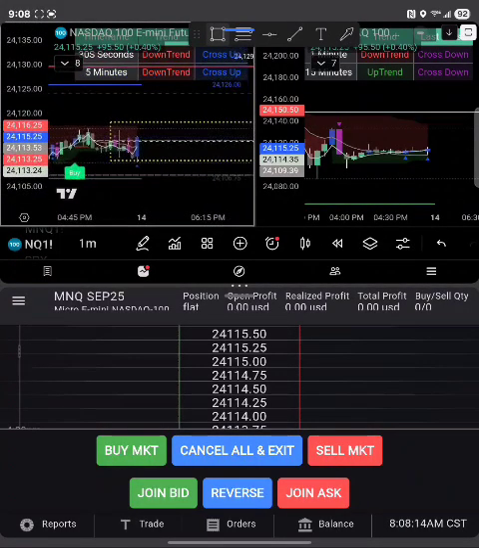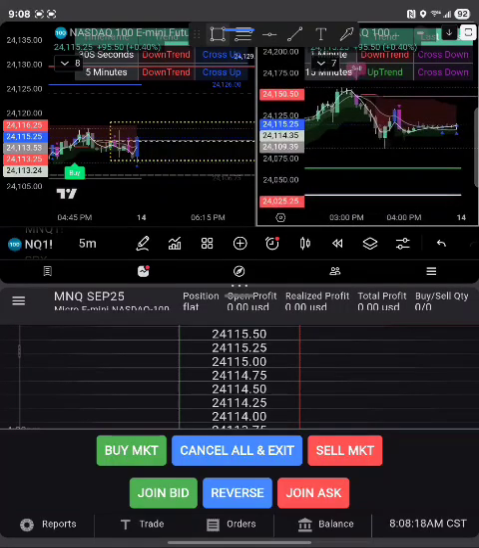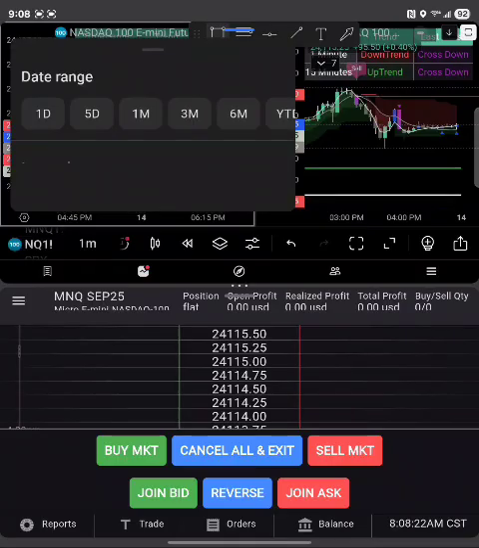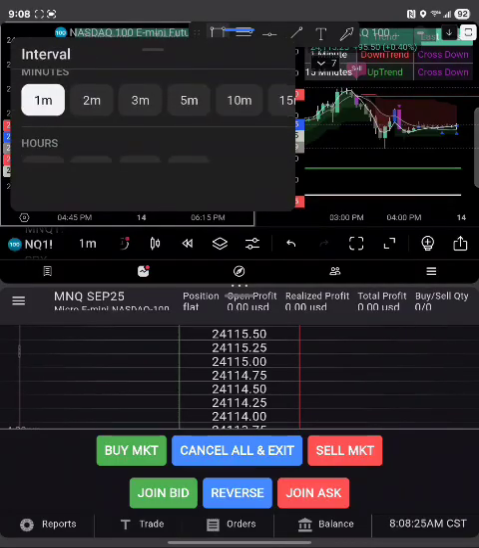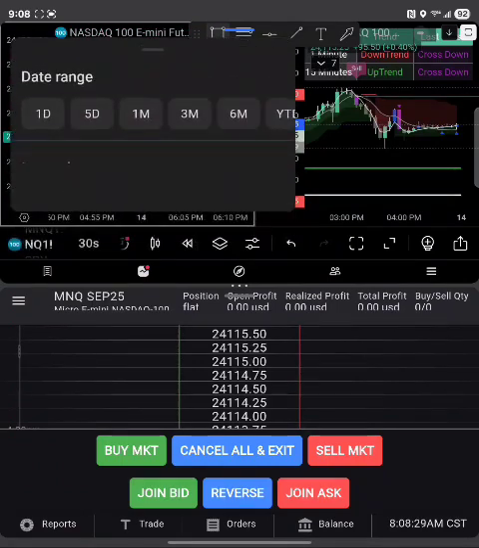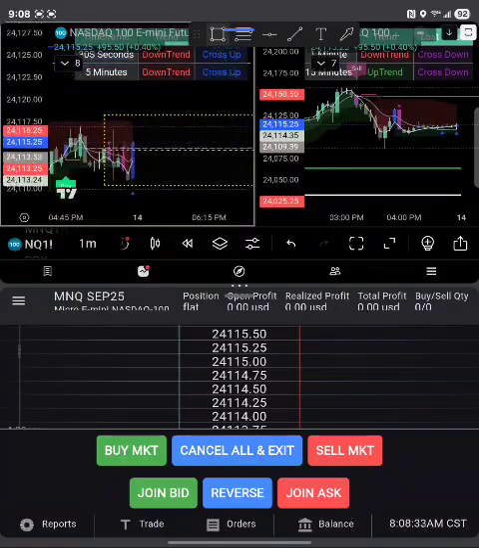So all that I can do with here. I got all my little tools underneath, right? If I want to change time frame, I can do that right here, right? If I want to see what the 30 seconds doing, anything. And this is the basic setup I do on my phone when I'm watching my signals or I'm watching my